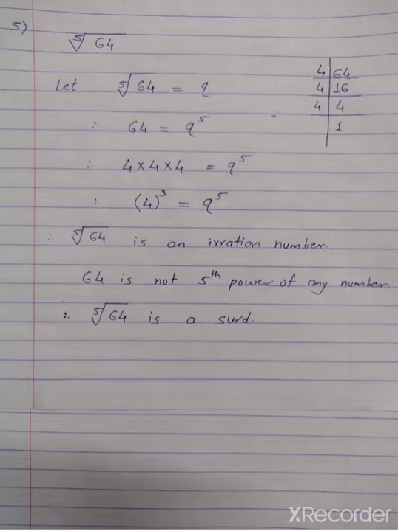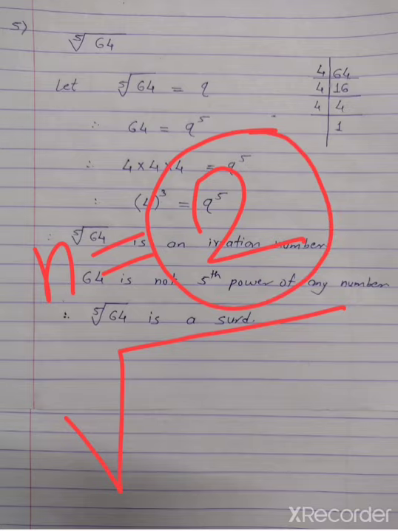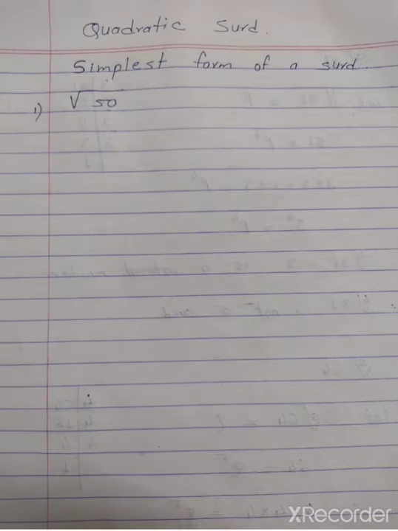In this 9th standard we will study only n is equal to 2, meaning we will study only square root. Because this power is 2, it is called a quadratic surd. So let us study some quadratic surds. Here we will first simplify the given surd. So first use some square numbers. These are the square numbers.